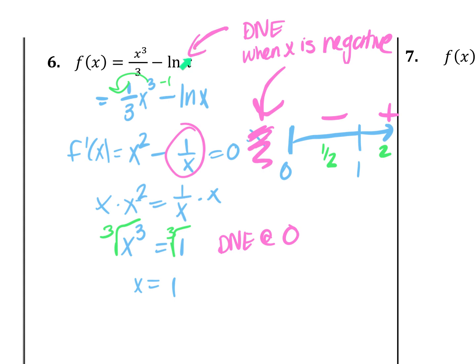We can't plug in a negative number for x. So there's nothing that can be happening over here. This function is going to start at 0, so it doesn't start at negative infinity. Correct. So you are decreasing from 0 to 1 and increasing from 1 to infinity. Yes, there is no negative infinity here. Decrease from 0 to 1. Yes. Increase from